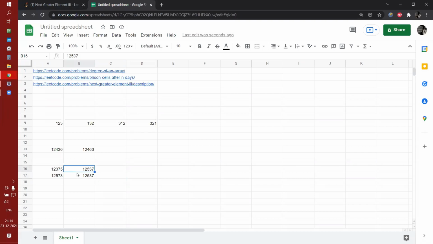Maybe instead of swapping, we should insert that number at that position, and the other part should just move towards the right. Yeah, but then how will we manage that with an array? The size can be fixed. Although we can manage, maybe we can declare a dynamic array, but eventually we will be shifting the array, right? So it will cause some complexity for us.